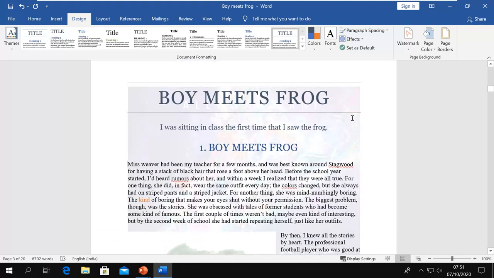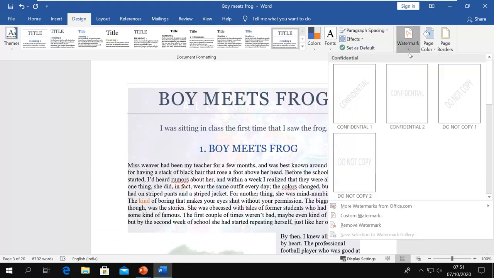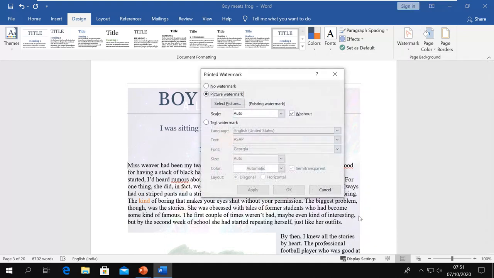So I can go custom also. That means I can go here and then I can select the size. Okay, I'll go for 150 and I say okay.